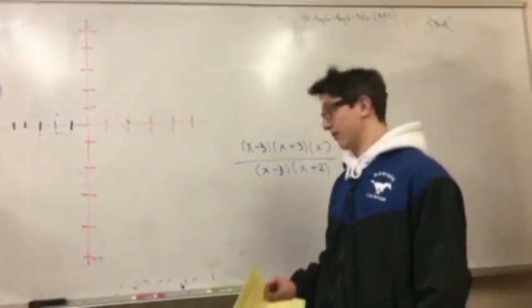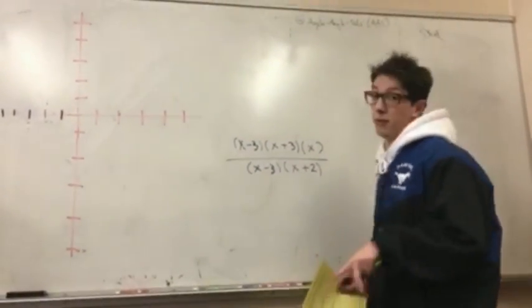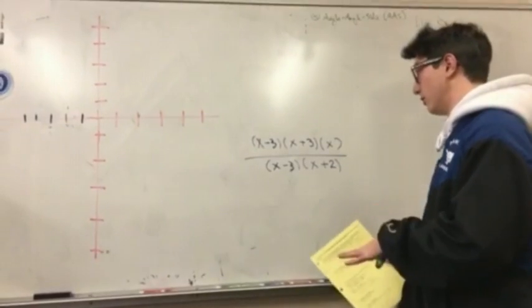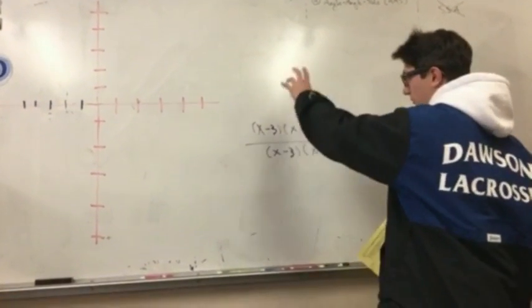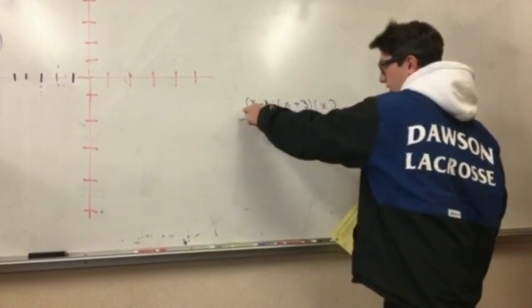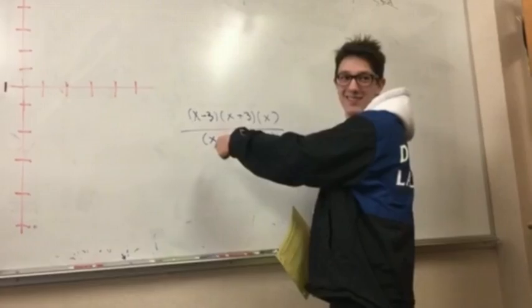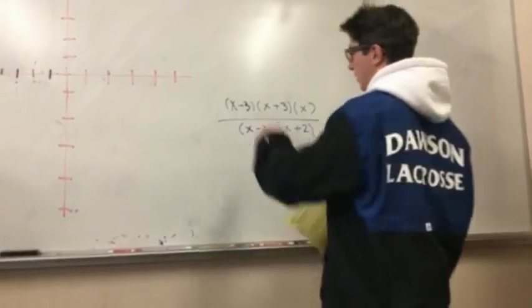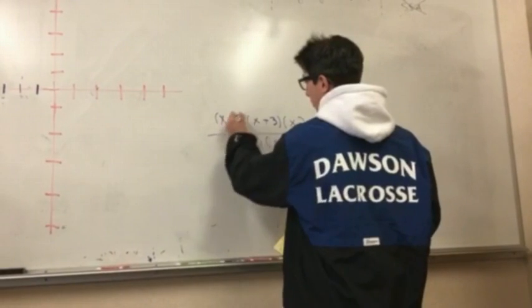I'm Jorge, and I'm going to tell you how to graph a rational function. So, the first step you're going to have to do is find the hole. So in order to find the hole, you look at the entire function to see if you have any two similar, what would you call them? Like factors, yeah. So here we have x minus 3 and x minus 3, so we can cancel those out. And we will have a hole